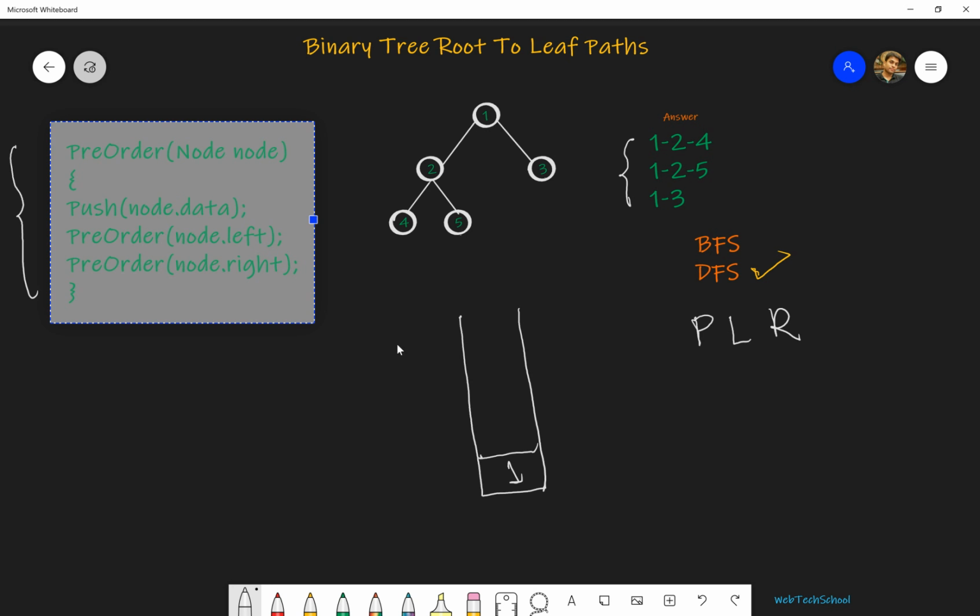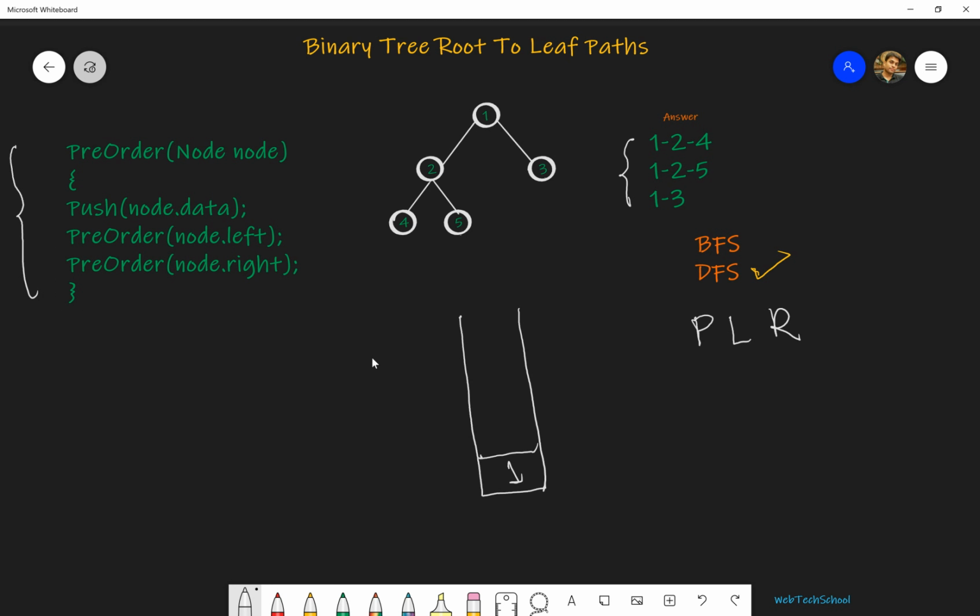Now what will happen? The root we have pushed, so it will go again to the left child. When it goes to the left child, we are also pushing this value. So the 2 will come over here. Now again we are going to the left child, so we'll push 4.